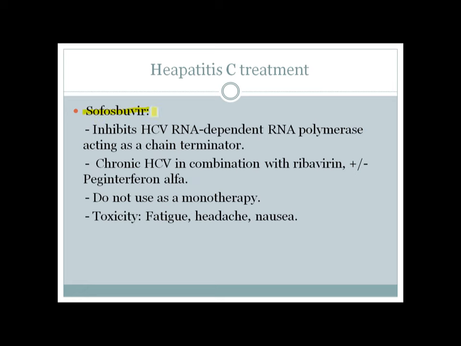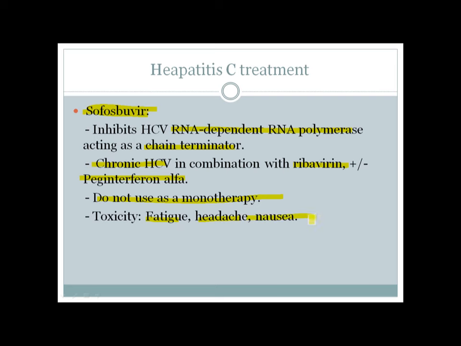Sofosbuvir is another new drug for hepatitis C treatment, and it inhibits the hepatitis C virus RNA-dependent RNA polymerase. It acts as a chain terminator. So you can use it in chronic hepatitis C virus along with ribavirin, with or without pegylated interferon alpha. But like simeprevir, you shouldn't use it as a monotherapy, and it can cause some toxicity symptoms like